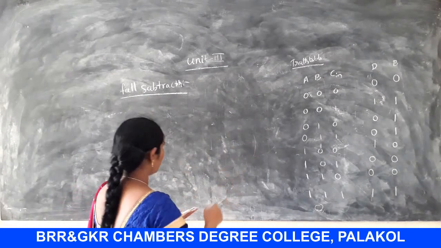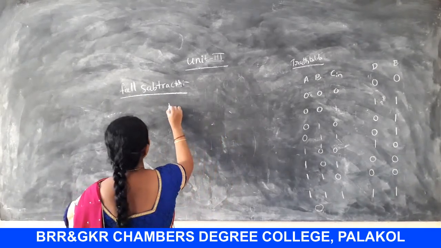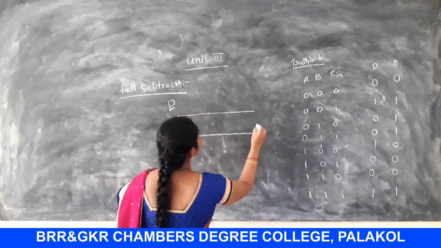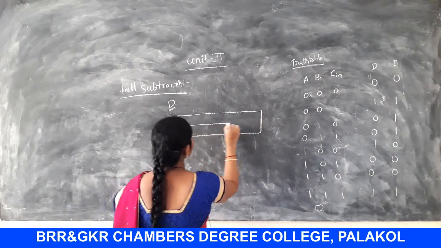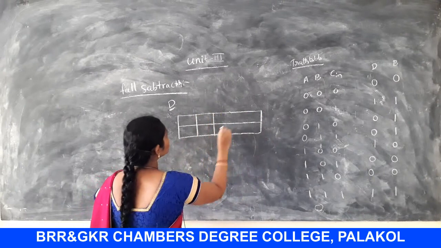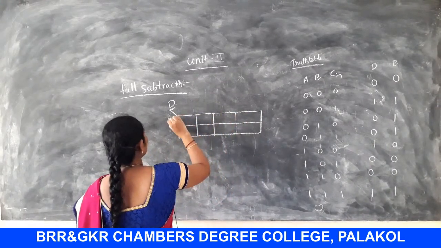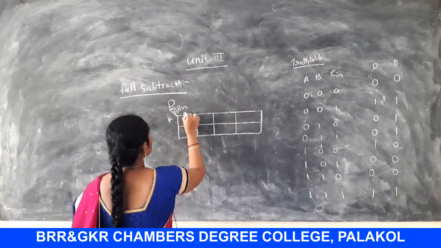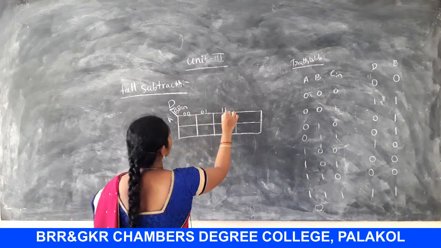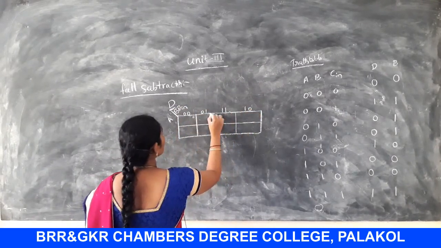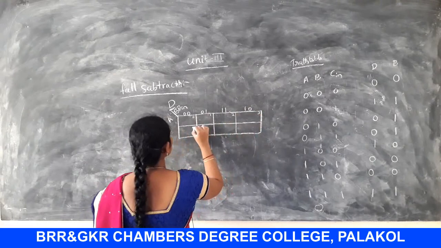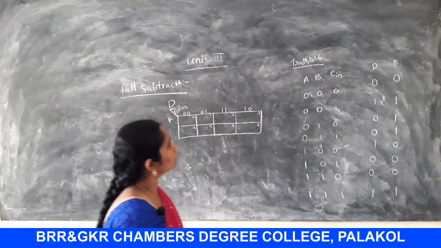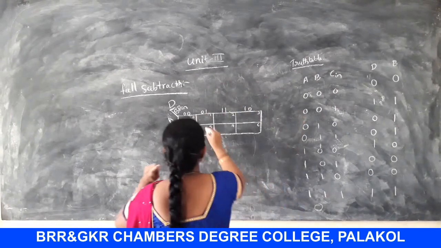By using this truth table, the first one is a 3 variable K map, this is for the difference. So I will draw the 3 variable K map here. Here this is A, B, B in, with 0 0, 0 1, 1 1, 1 0 and cells 0, 1, 2, 3, 4, 5, 7 and 6.